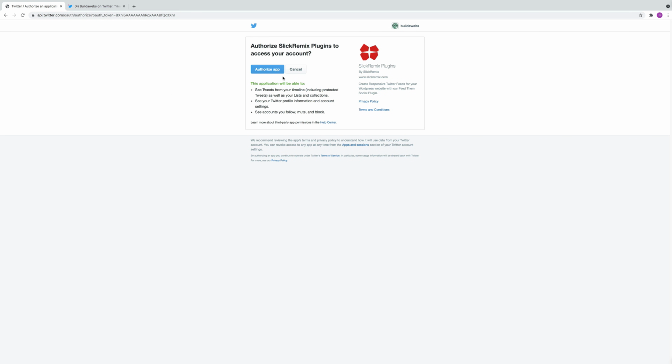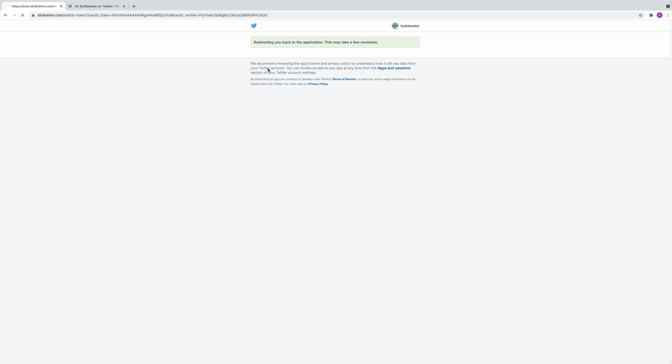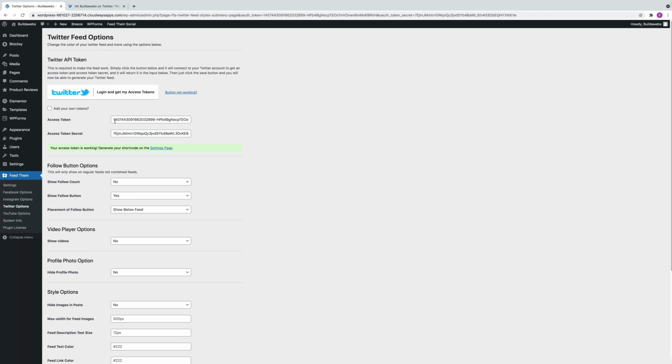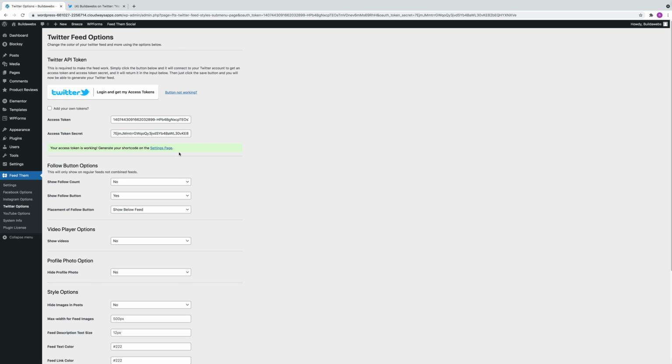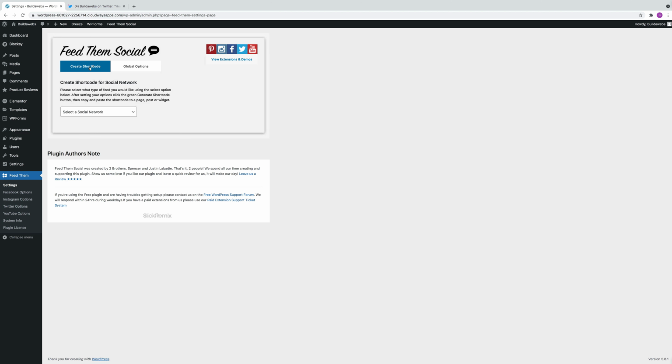And what it does is it asks you to authorize it, so if you click authorize, and then when you go back, it puts in the access token in here. And then you can save the changes. And then to create a shortcode, so basically a shortcode's a little snippet of code that you can put on posts and pages and other areas of your website, and you can show this feed. So just click here, settings page, and then click on